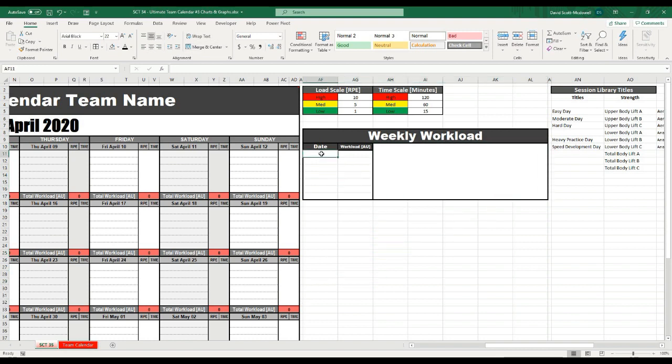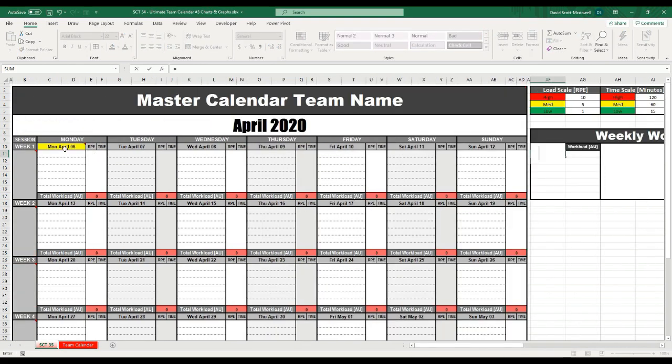So the first thing I want to do is I want to actually take these dates, and I want to make sure that they match the dates on my calendar. So the first one I need to do is if I hit equals and then go all the way over to Monday and hit OK, okay, so it's just pasted the format throughout. So I'm just going to choose a different font here and make it a little bit smaller so we can see. And I'll make that go in the middle. So you can see what it's done is it's taken the date Monday, April 6th, and it's put it in there. Now, for here, I want to also have